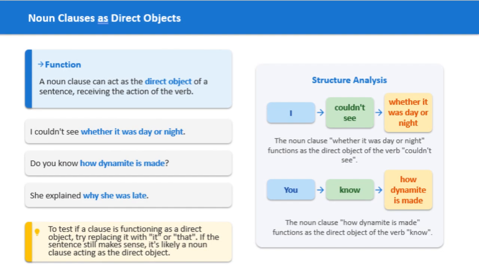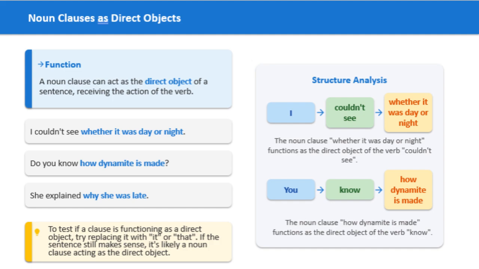Noun clauses can also serve as direct objects, receiving the action of the verb. For instance, "I couldn't see whether it was day or night," and "Do you know how dynamite is made?" Again, the pronoun test helps. Replacing the clause with it or that typically preserves sentence structure, indicating that the clause is functioning as an object. The examples on the slide show how the entire clause depends on the verb and answers the question what or